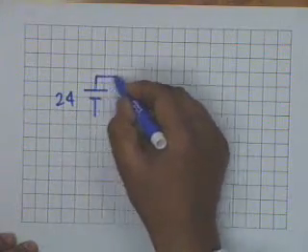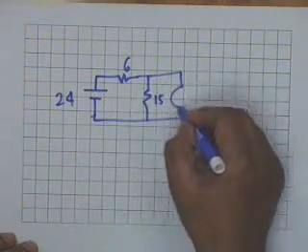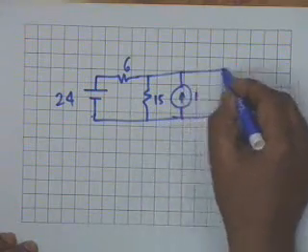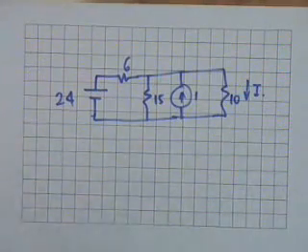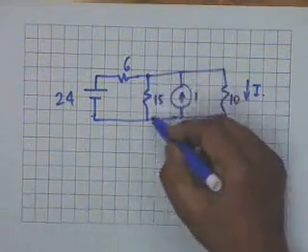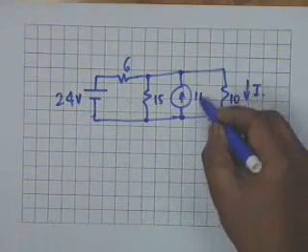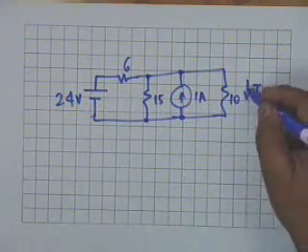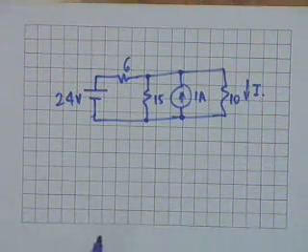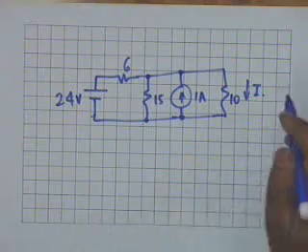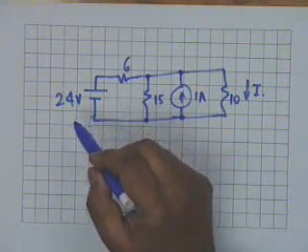24 volt, 6 ohm, 15 ohms, 1 ampere, and then 10 ohms. We want to find out the current I. Now superposition says, just by looking at the network, you see that there are two sources. One is a voltage source and the other is a current source. So we wish to find the current I. I therefore should consist of two parts. I should be equal to I1 plus I2, where I1 is the response to, let's say, 24 volt after killing